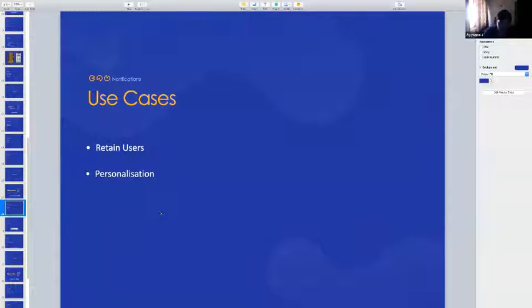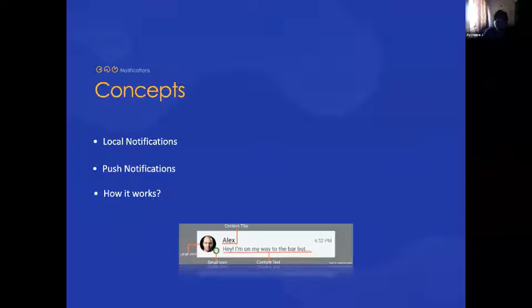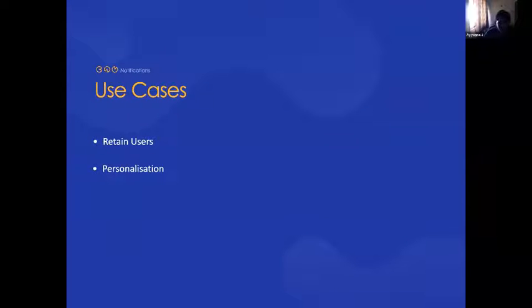So as I mentioned, the usual use case is retaining users. You can get back the users and you can pass personalized content, specifying their names much more closely. And you can segment the players as well. Segment the players in the sense, consider your app is global, and in India, if you want to send a message specific to India, that you have a Diwali offer, what you can do is create segments within notifications, and say that this particular India country geography segment can receive a particular notification about Diwali wishes or something.